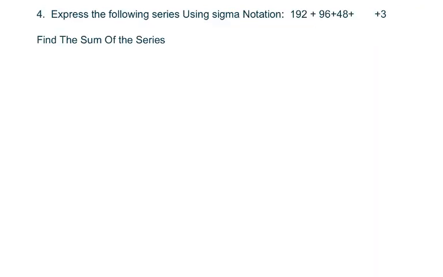Okay, the next problem we have is, let me put my dots in here, dot, dot. All right. We have to express the sum using sigma notation. And to do sigma notation, we're going to start from k equals 1 to n, but we don't know how many terms I have. So what I'm going to do is solve for my n by using the formula